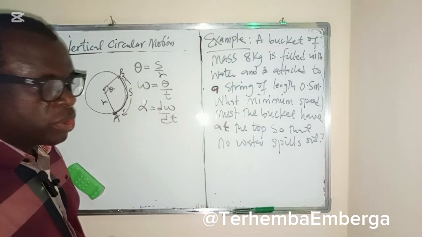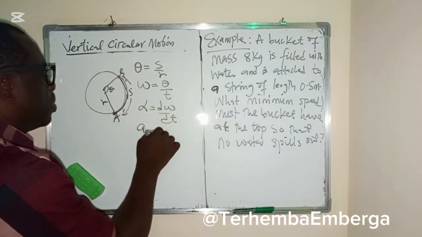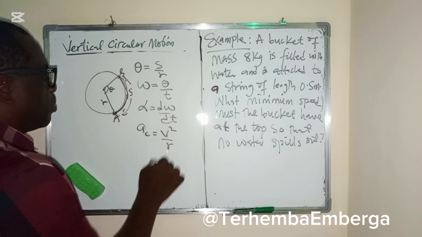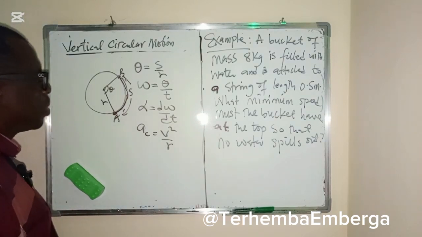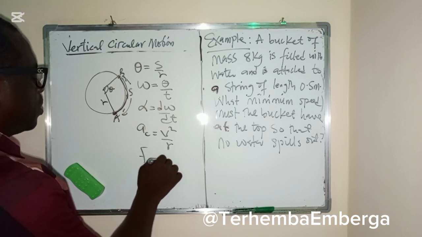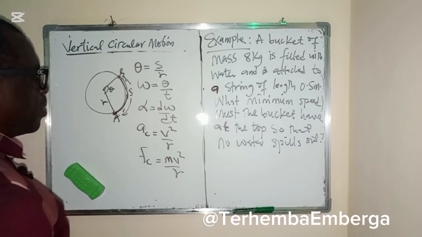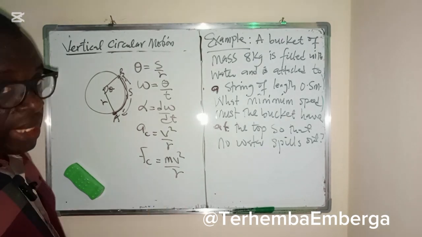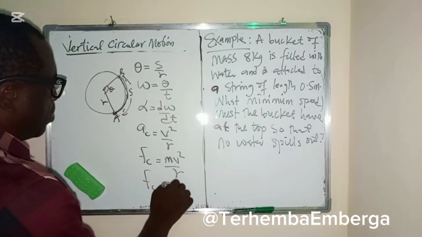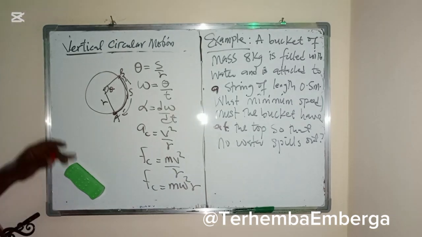We're able to also define centripetal acceleration as v squared over r, and centripetal force as mv squared over r. We also said that centripetal force can also be written as m omega squared r. Remember,